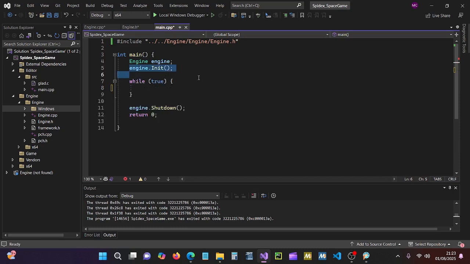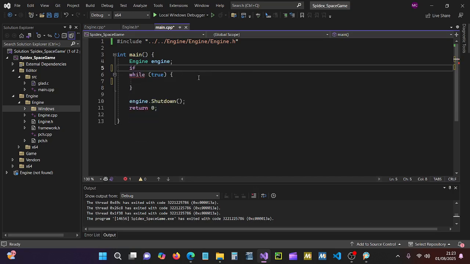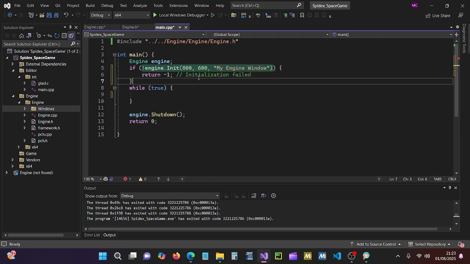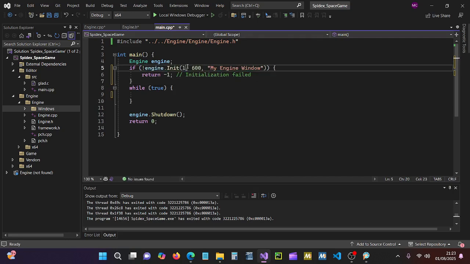That's not needed like that. We then do if, well, actually that's the thing, except my sizes are different. I've got 1280 and 720,